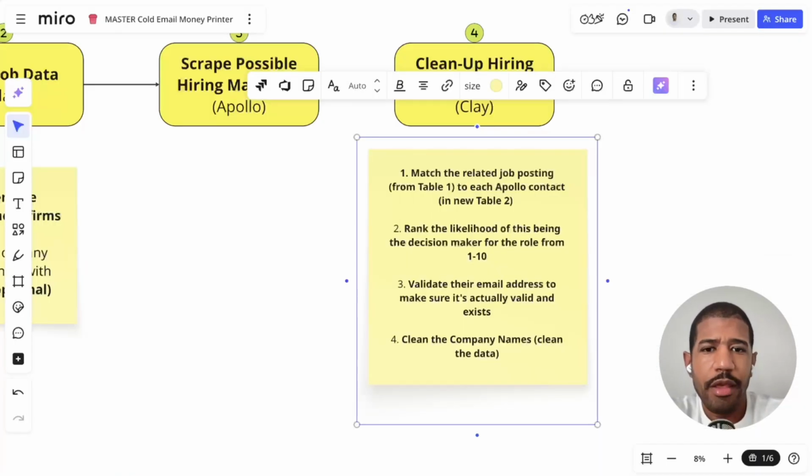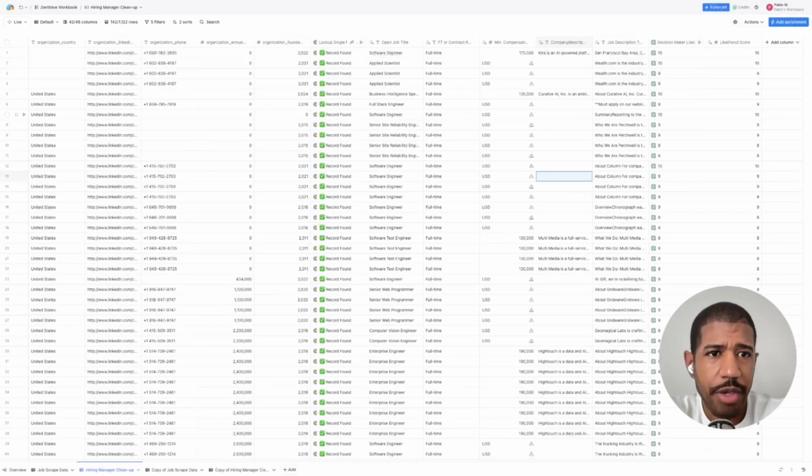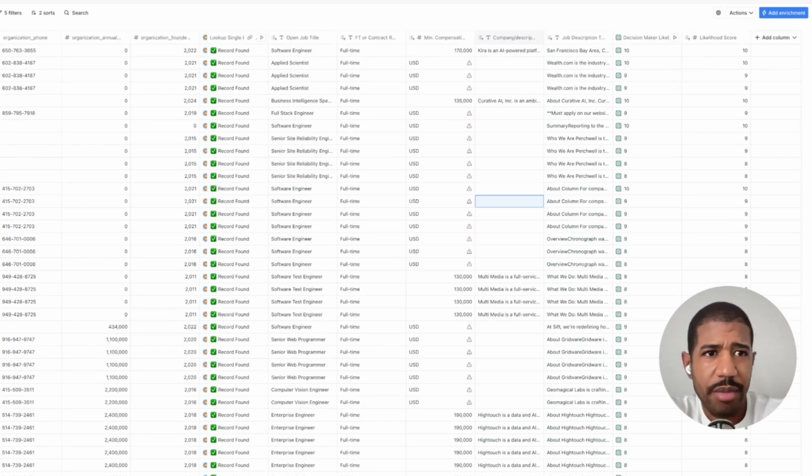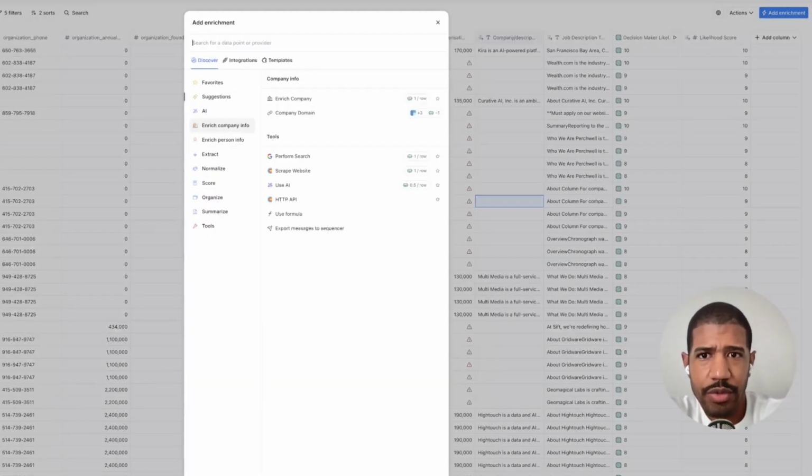Check. All right. Now, the second goal we want to achieve is to rank the likelihood of this person being the actual decision maker for this role. We're going to do that by using ChatGPT to rank it from 1 to 10. So you make a column here. I won't go through the basics of how to make a ChatGPT column. Well, I'll do it in summary, but press add enrichment, press AI, use AI,